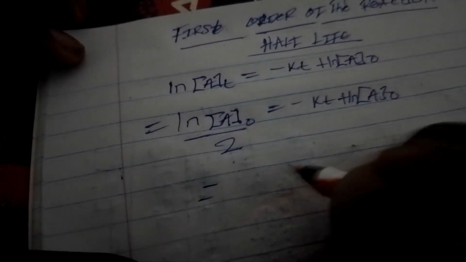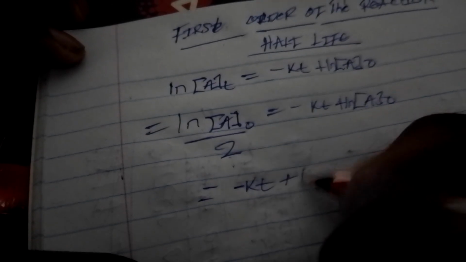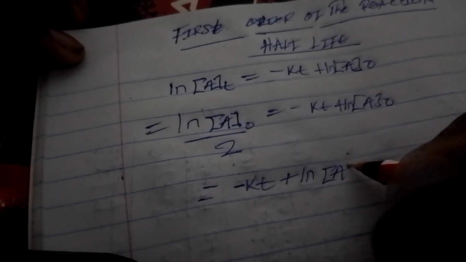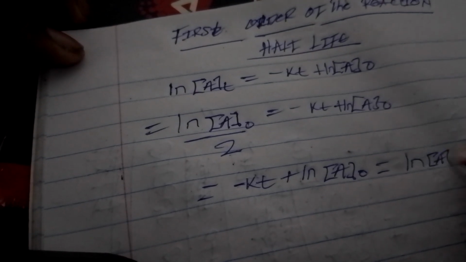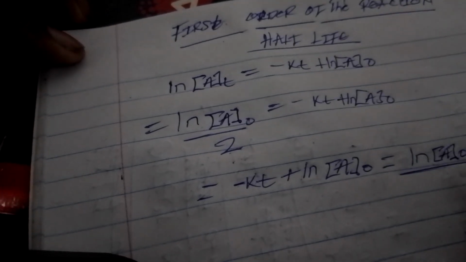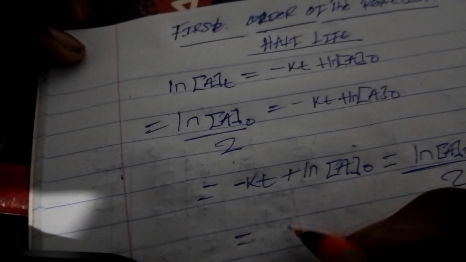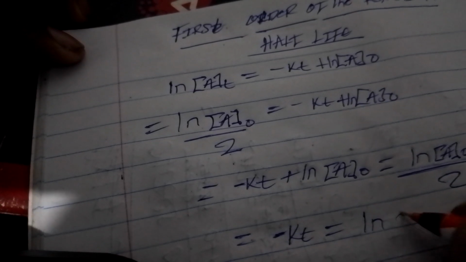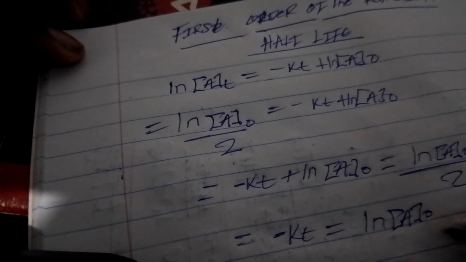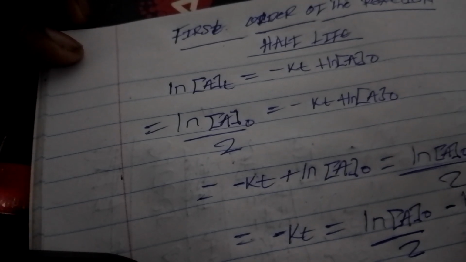So just to rearrange like what we've been doing, we're going to have negative KT plus the ln of initial concentration is equal to the ln of initial concentration of the reactant. Collecting the like terms, we're going to have negative KT is equal to the ln of initial concentration of the first reactant minus the ln of